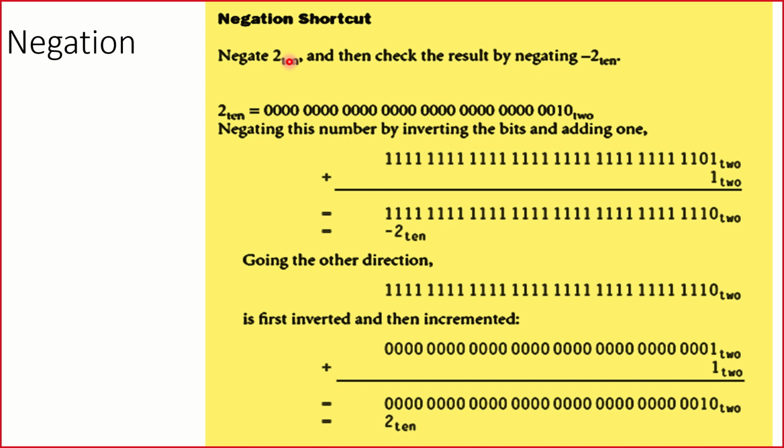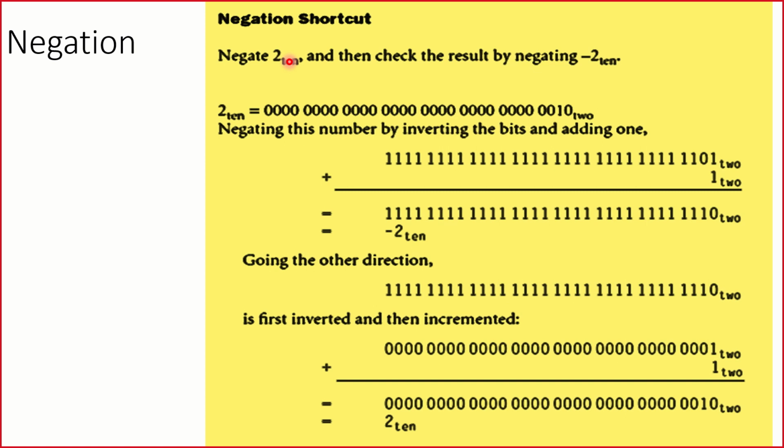Very simple. 2 base 10 is to be represented in 32 bits. Remember, whichever question is thrown at you, unless otherwise specified as 16 bits or 8 bits, you are not supposed to take it for granted as 16 or 8 or 4 bits. It is 32 bits. We are talking about MIPS, and the entire subject is all about 32 bits. So do not tell me later, sir, nobody told me. Nobody will tell you this. This subject is all about 32 bits.